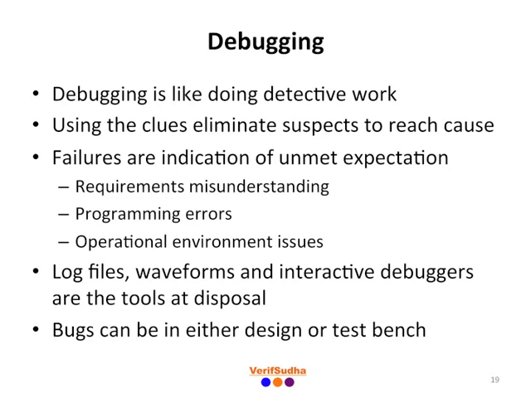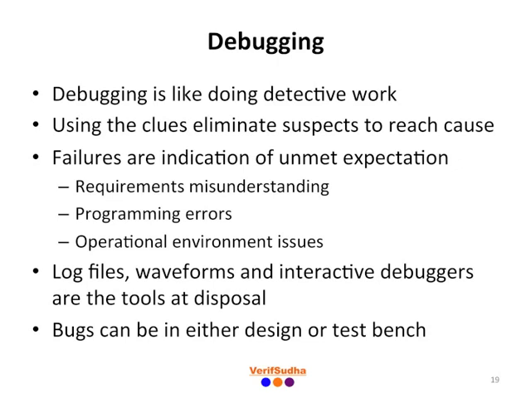Test failure in regressions are almost inevitable. Debugging failure is like doing a detective work. Verification engineers' first objective is to isolate the failure between the DUT and test bench. If the issue is isolated to DUT, designers take care of fixing them. If the issue belongs to the test bench, then it has to be debugged further and fixed by the verification engineer. Failures indicate an expectation that is not met.